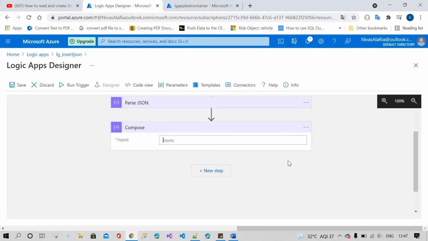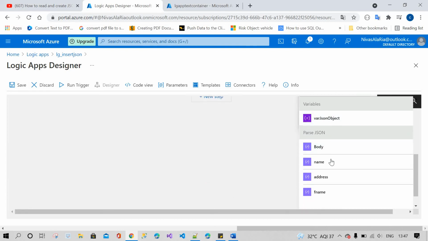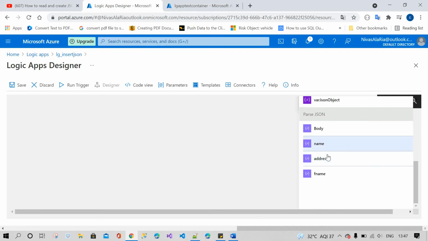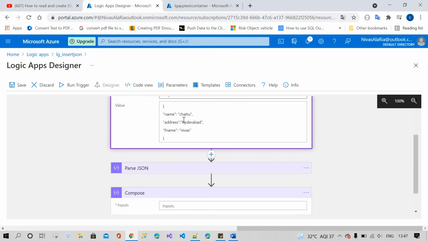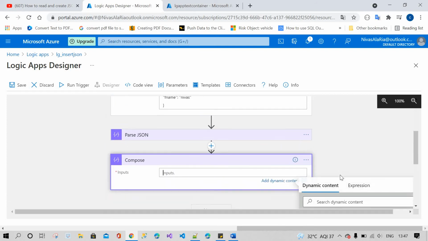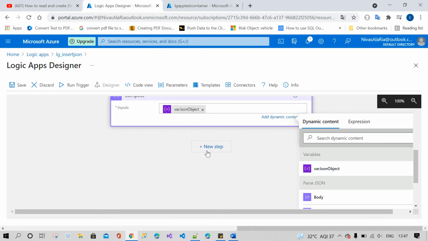In this compose, in the input, var JSON, and you can see you can dynamically read the data: name, address, first name. But I want all the data, so I have chosen this.